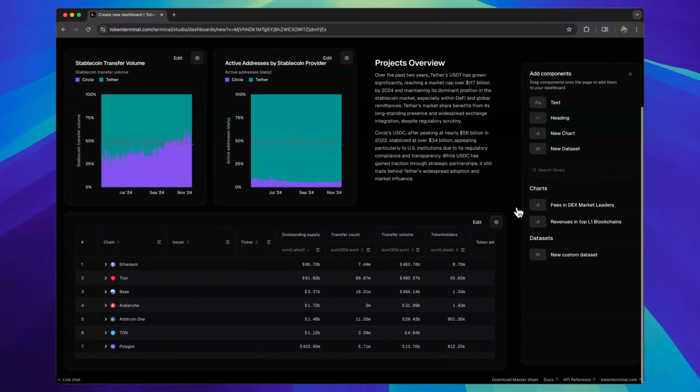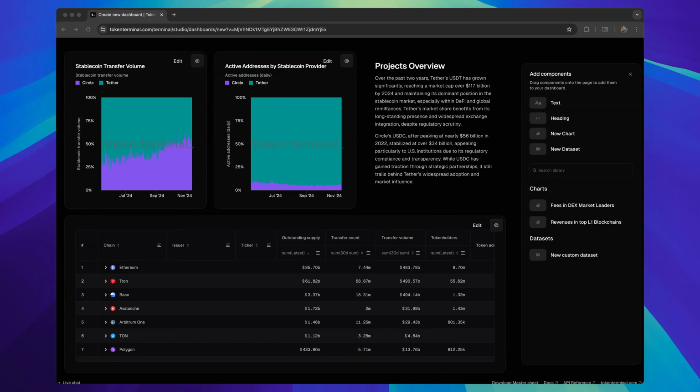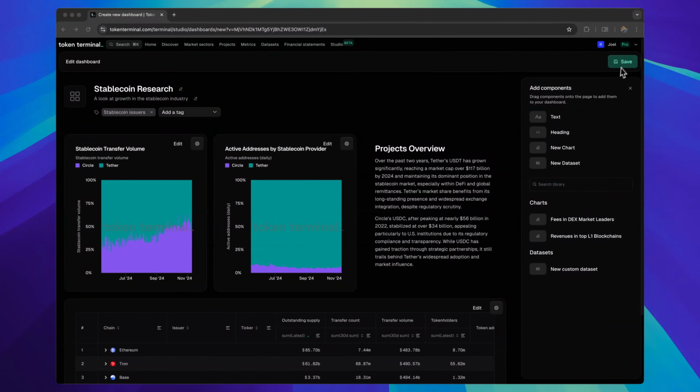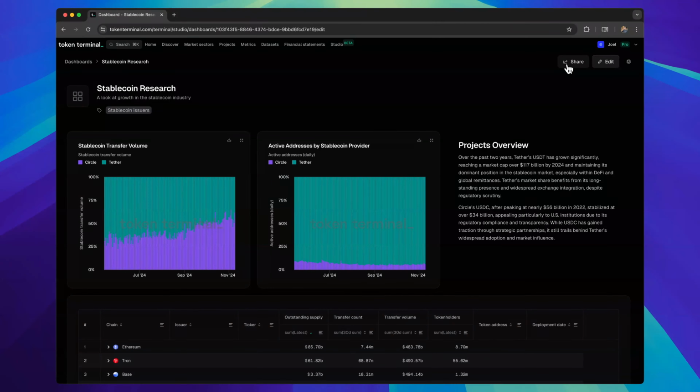So now I've got, pretty quickly here, I've generated a fairly substantial and interesting dashboard for me and my team, and I'm easily able to share this around. Let's go ahead and click Save. And by clicking the share button, I've now got a link that I can share around with anyone on the internet. With Studio, you can capture and share your